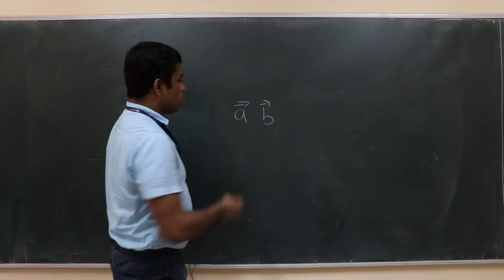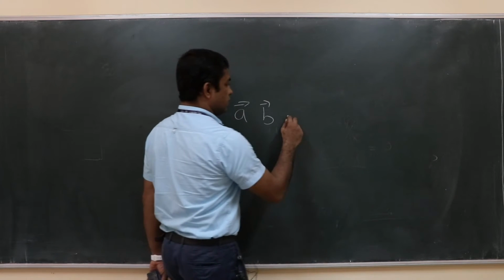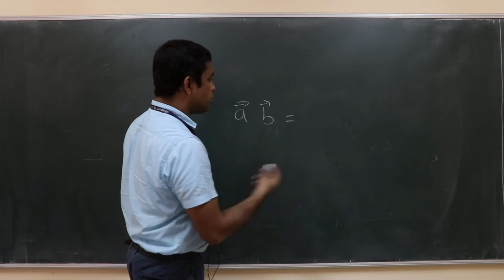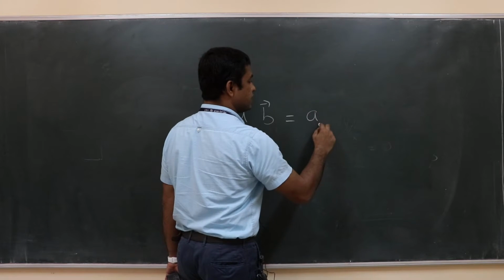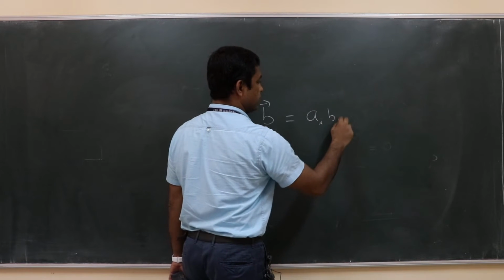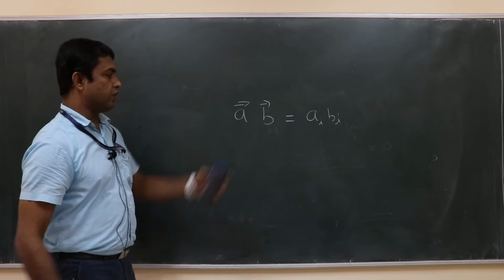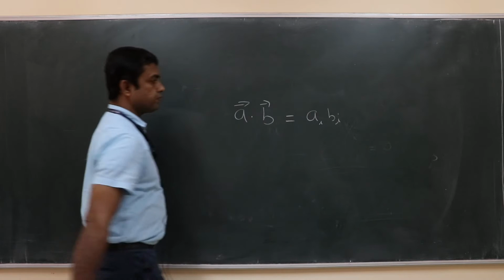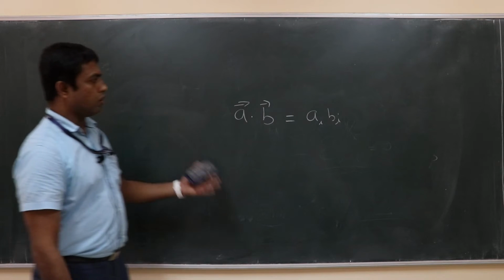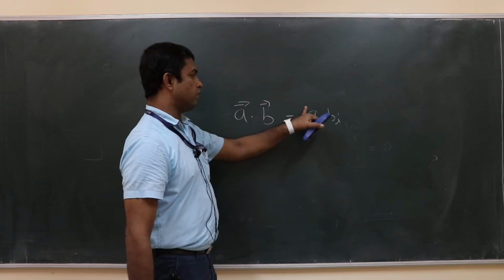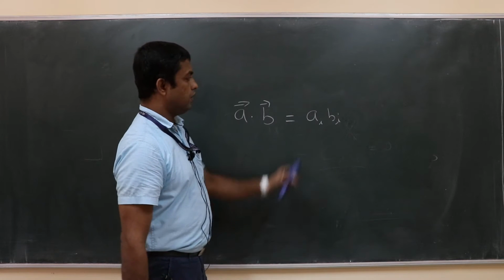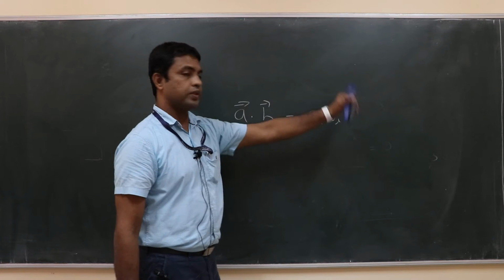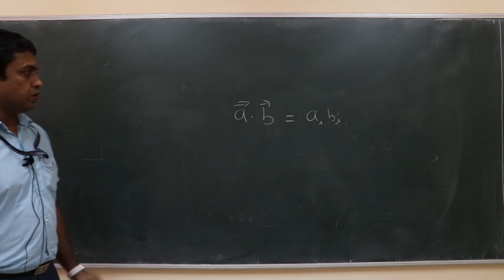So let us look at this A dot B, which I can write down using index notation simply as AiBi, right? The dot product between two vectors, I can simply write like this, AiBi. If you are not using the summation convention, there will be a summation here, with i equal to 1 to 3. If you are not using the index notation, this will be A1B1 plus A2B2 plus A3B3. So that's it.